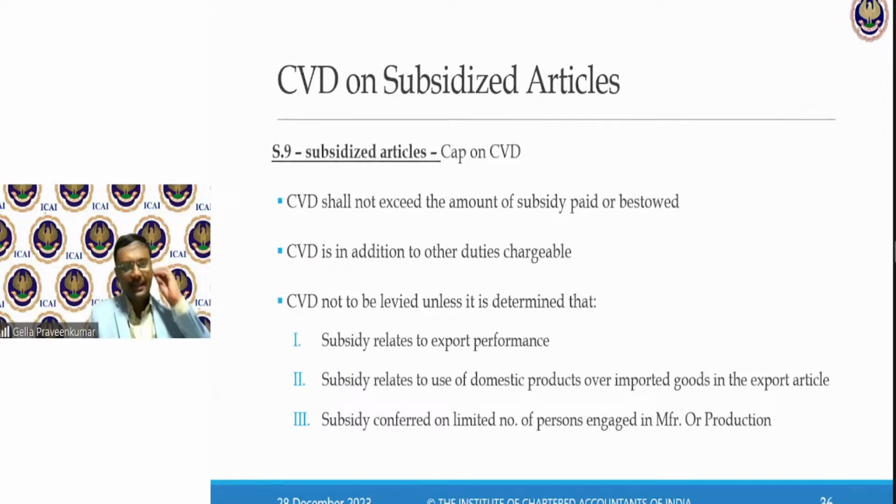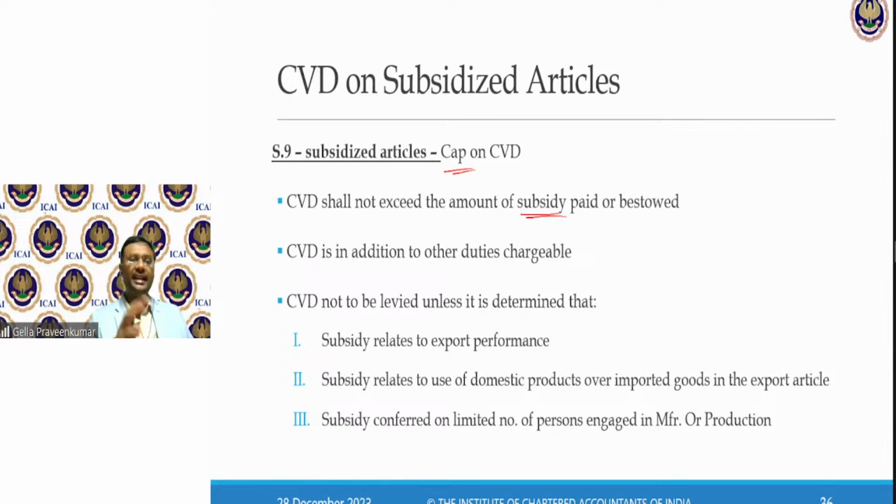Moving on further, the subsidies article: there is a cap on countervailing duty. It means, how much countervailing duty can I levy? The ceiling is that this CVD shall not exceed the amount of subsidy. So in the books of accounts, the element of subsidy recognized is the maximum amount. For this, accountant knowledge is required. So chartered accountants like you and me are very much required for the ministry to deep dive into this information. Point number one.